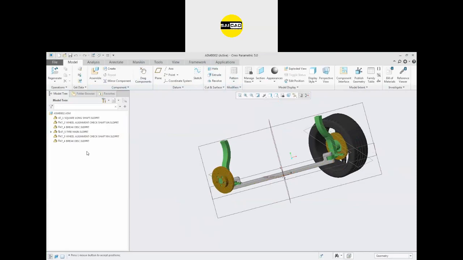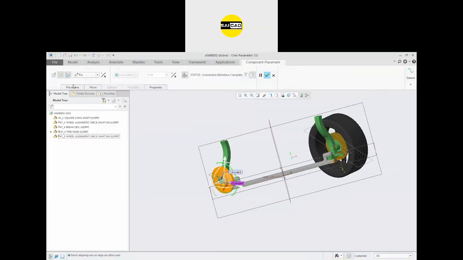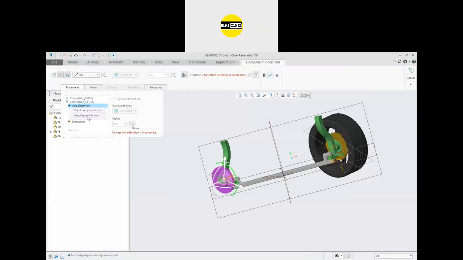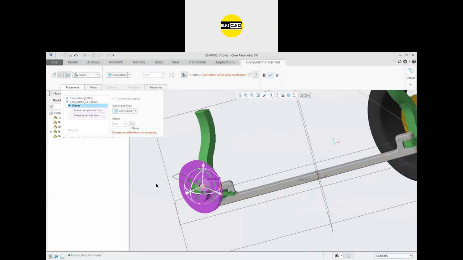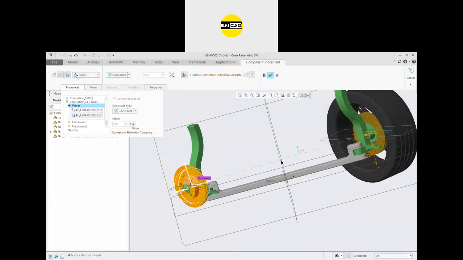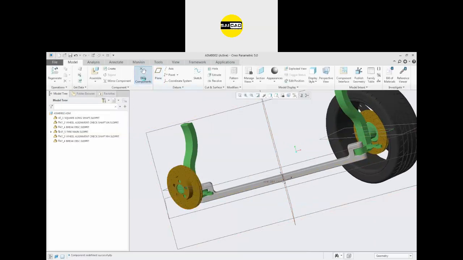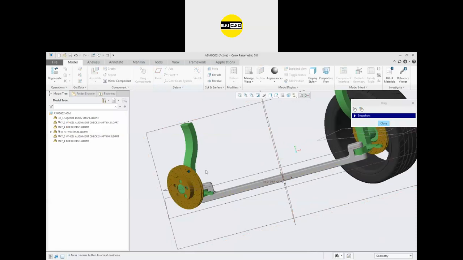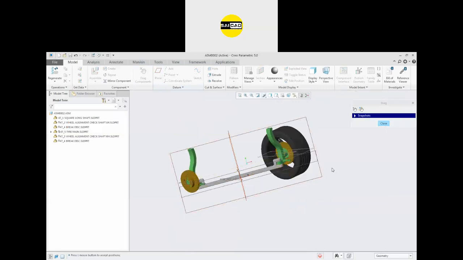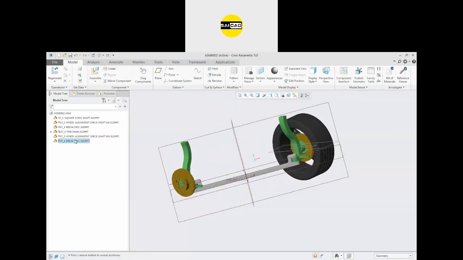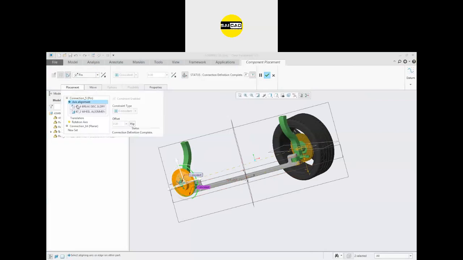So after that, I'm going to edit this one. Go to the placement and define a new set. In the set, you can choose the set from here. So I can just assign a new one that it should be general. If the general doesn't work, you can just go to the planar, define two planes like that, and click OK. Now check the rotation again. Okay, the rotation is lost. So you will get some problems related to that one. So you have to check again and again to add the relation.